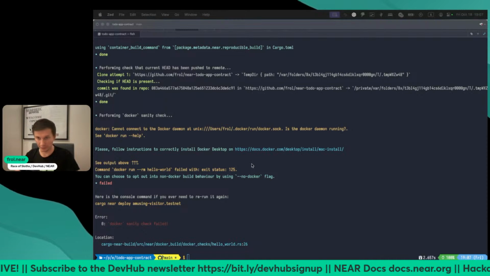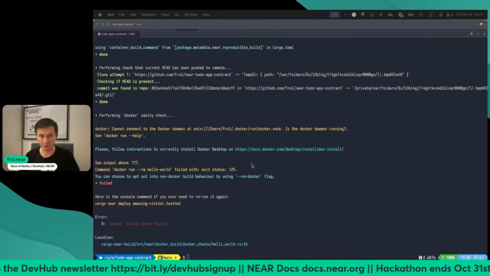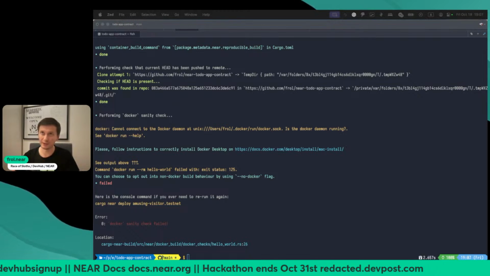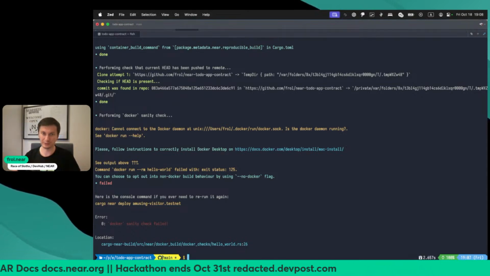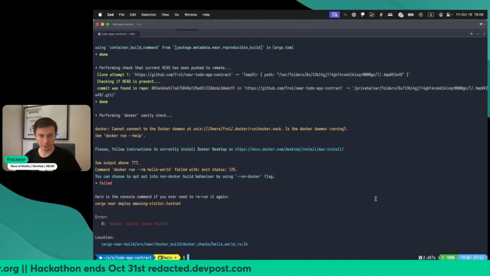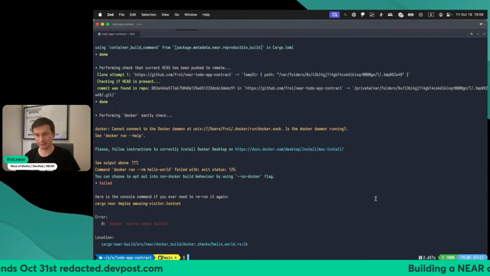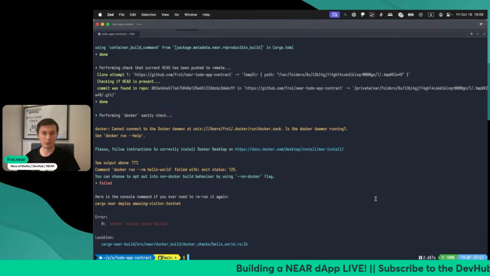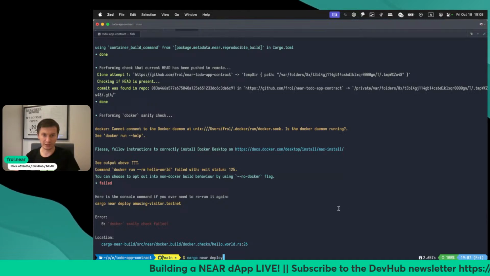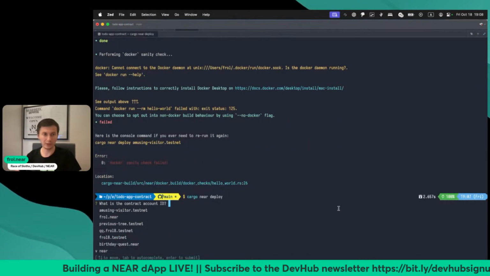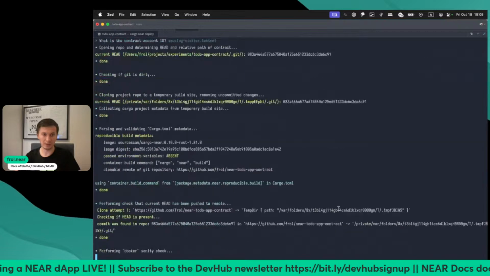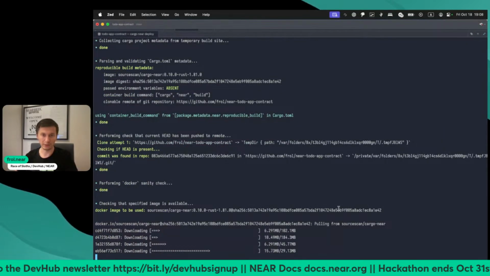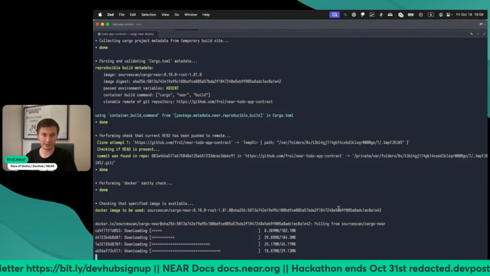you can do it on any platform with Rust tooling. It's beautiful, but the resulting WASM file will be different on every machine due to path differences, operating system differences, and tooling changes. So what we did inside cargo-near tooling is we scripted a lot of automation to build the contracts inside